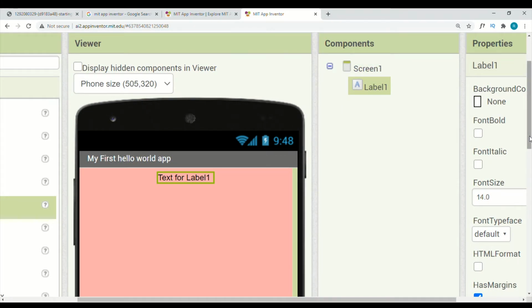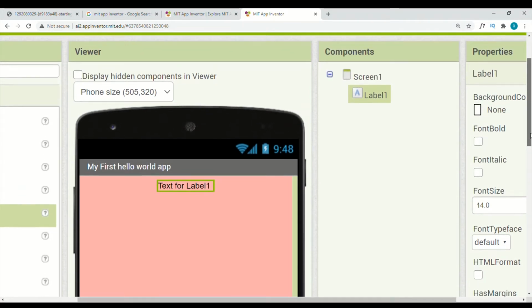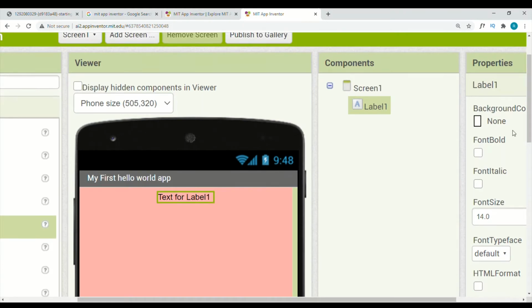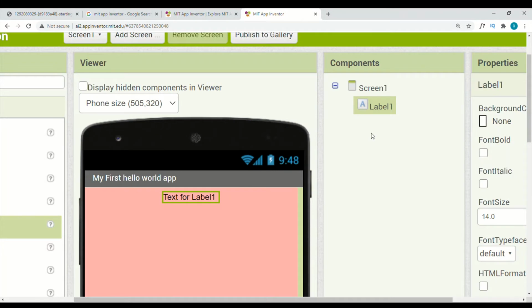All we need to do is change the name of the label. Why? Because sometimes according to our application, we need to drag so many labels. We will get Label 1, Label 2, Label 3, and we can get confused about what the purpose of Label 1 or Label 2 is. So we should give one purposeful name for that label.